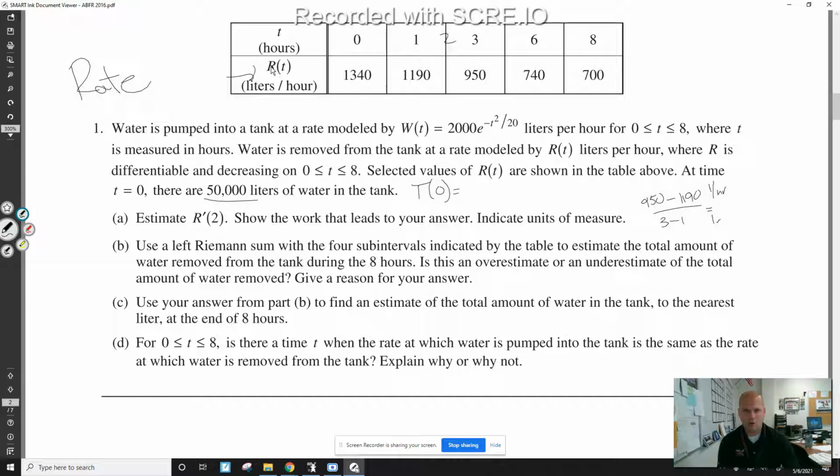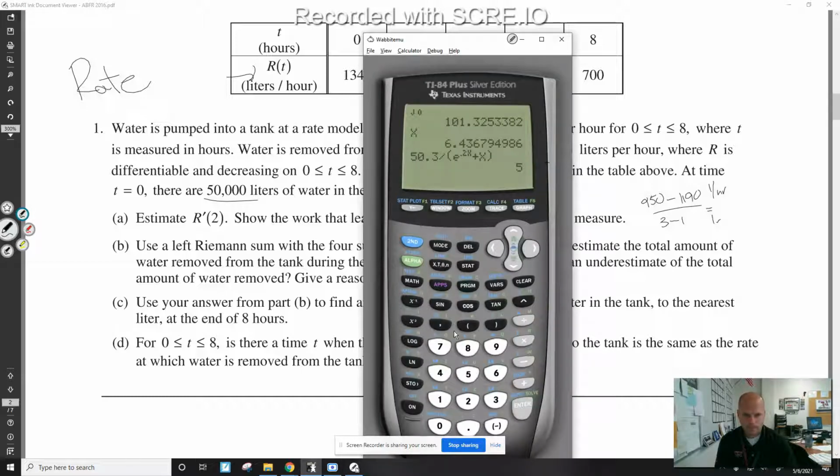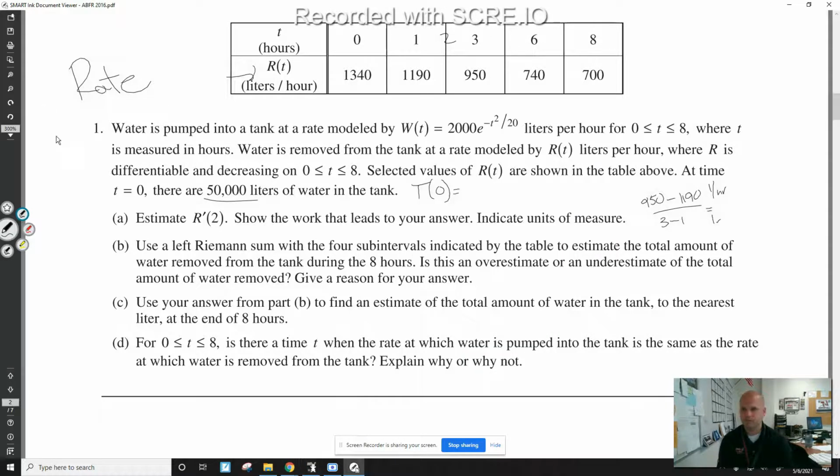Remember, R is a rate. It's a derivative, a first derivative. So that means it's a velocity, which means its derivative would be an acceleration. That is one way to do units of measure. Derivatives of velocities are accelerations, per hour squared, so liters per hour divided by hours, liters per hour squared. 950 minus 1190, divided by 2, because it's 3 minus 1. I get negative 120